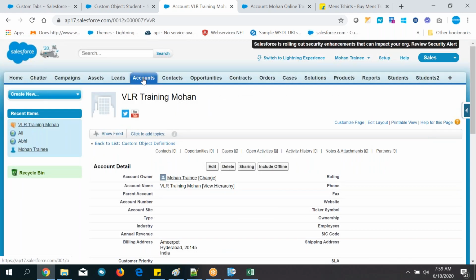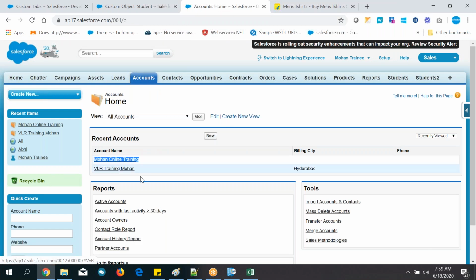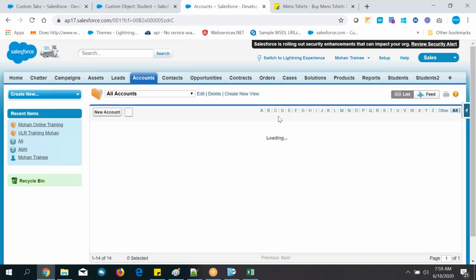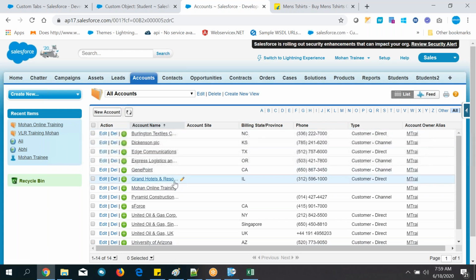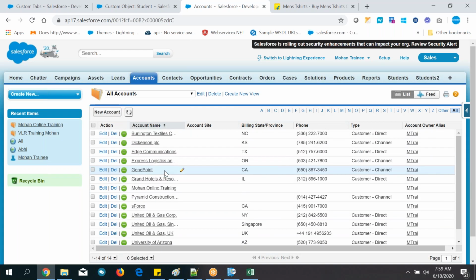So two records are there, right? Click on the tab. See here, the two records which we have created right now, and billing city details and all those kinds of things. Okay, and if you click on the go button, you can see all the records. These are created by Salesforce, guys. For example purposes, they have created. So just to show you, this is one row, another row, third row, fourth row, fifth row, right?